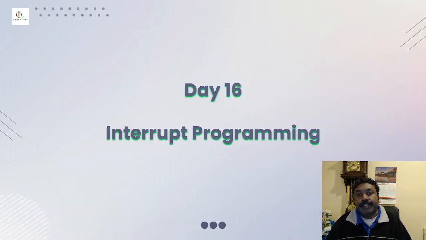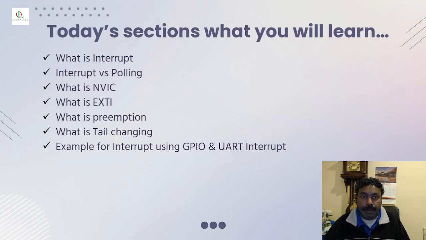Today is day 16. We're going to learn about interrupt programming today. These are all the sections you will learn. First, you will learn what an interrupt is and how it is effective in the microcontroller, the differences between interrupt versus polling, what is NVIC, the nested vector interrupt controller, what is external interrupt, what is preemption,